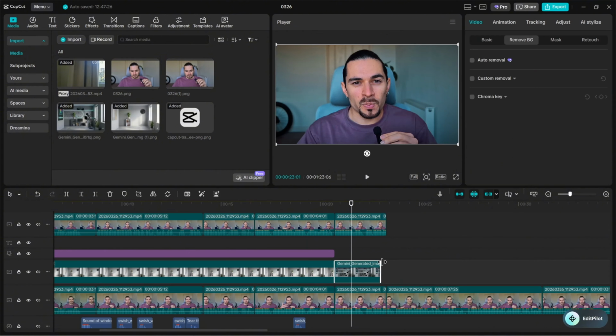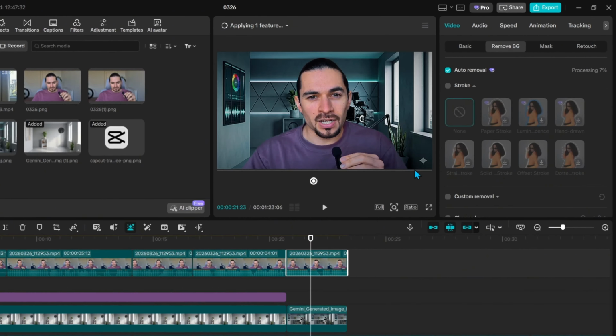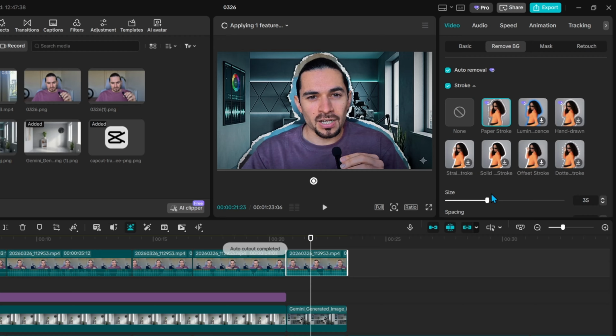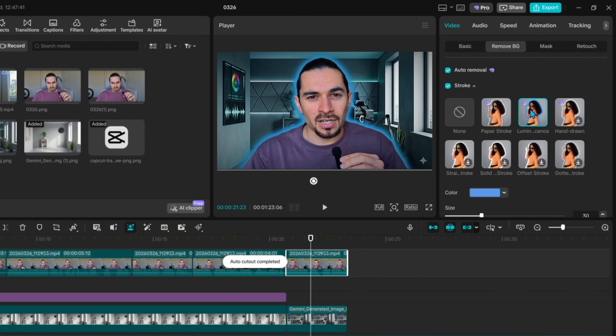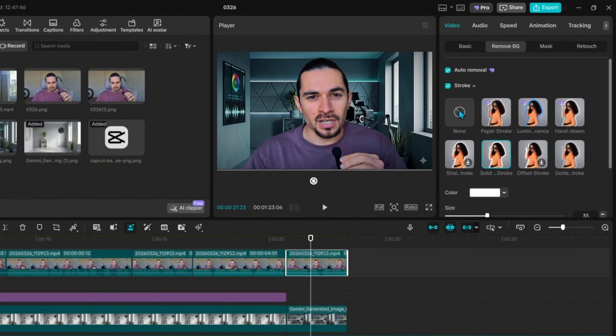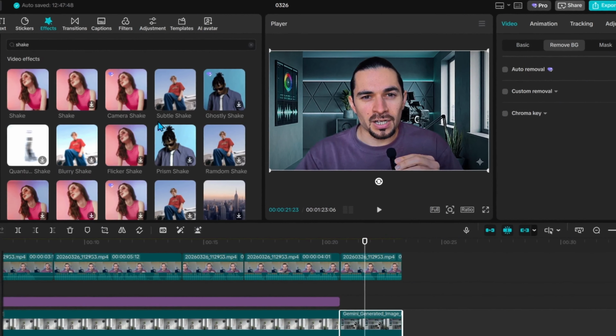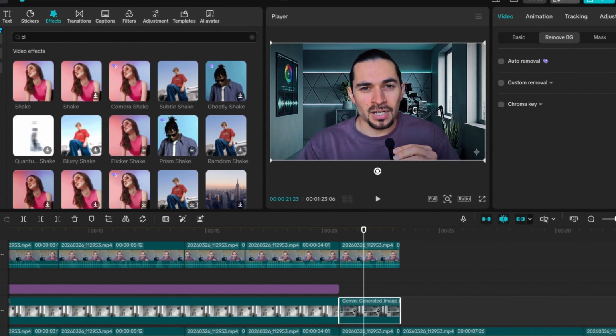So CapCut now removes the background from moving footage in a few seconds. Tap your clip, select remove background, choose auto removal and wait a few seconds. It's really quick. If you click on stroke, you're also able to add a line around you. You can put a bit of gloss, a dotted line, or maybe more of a punchy line, a bit of a shadow. You can put yourself over gameplay, add motion backgrounds, cinematic environments, wording, text like I did in this